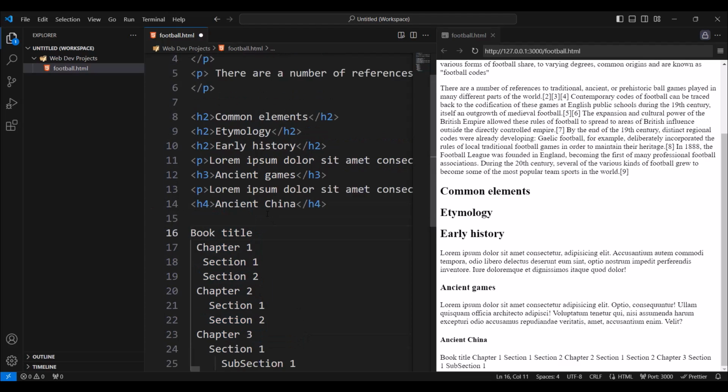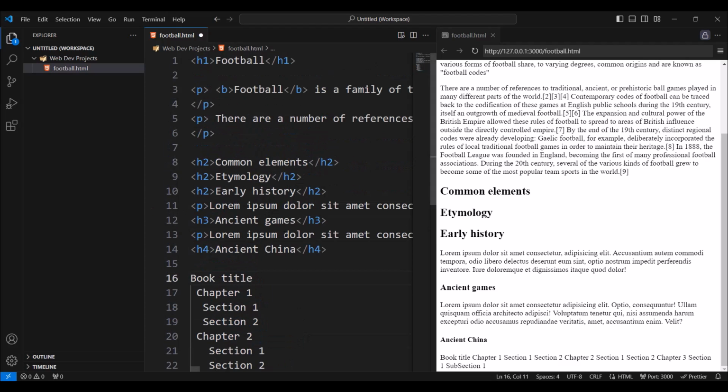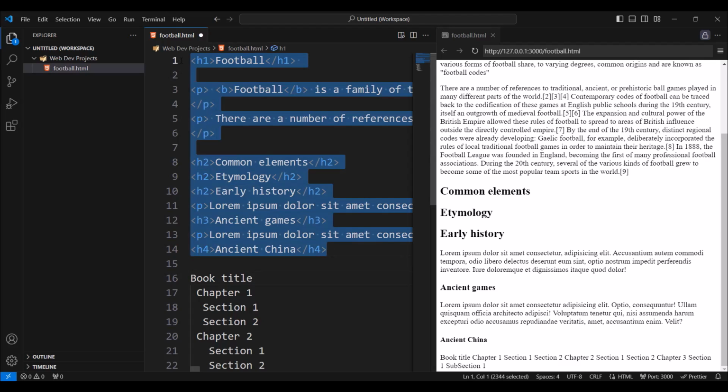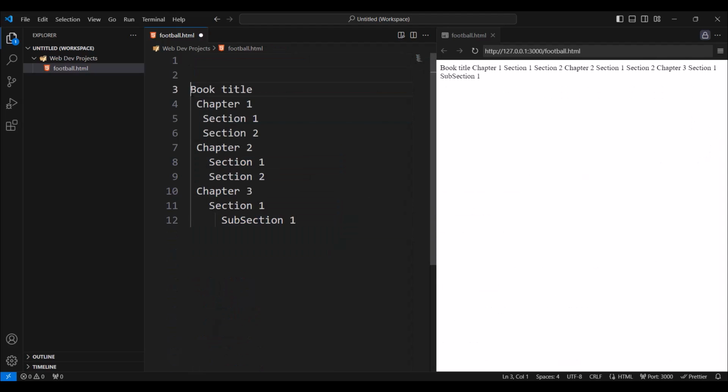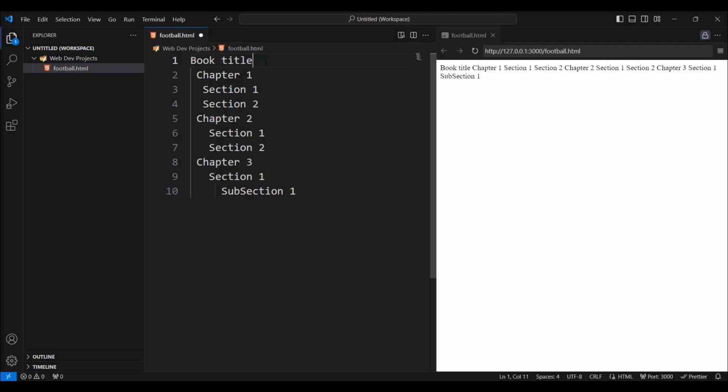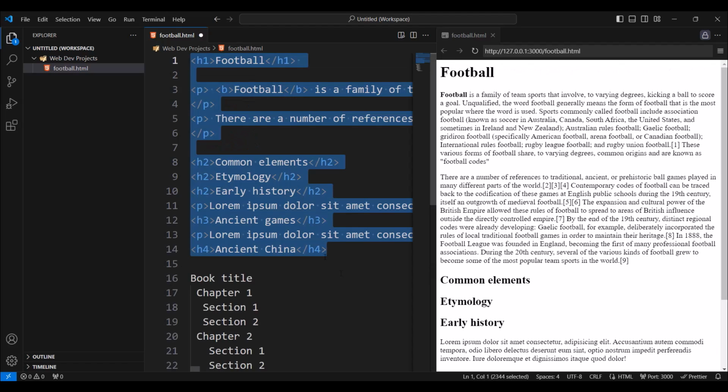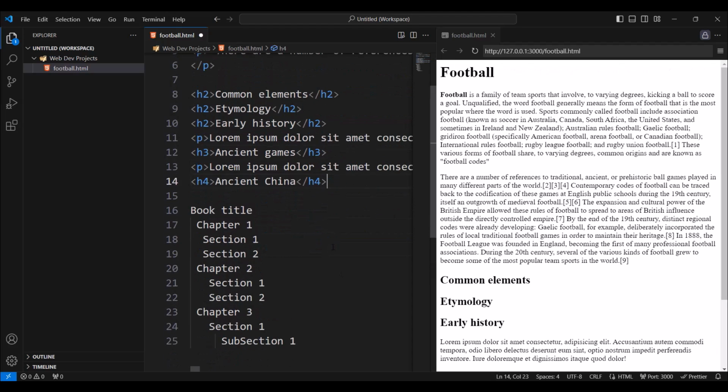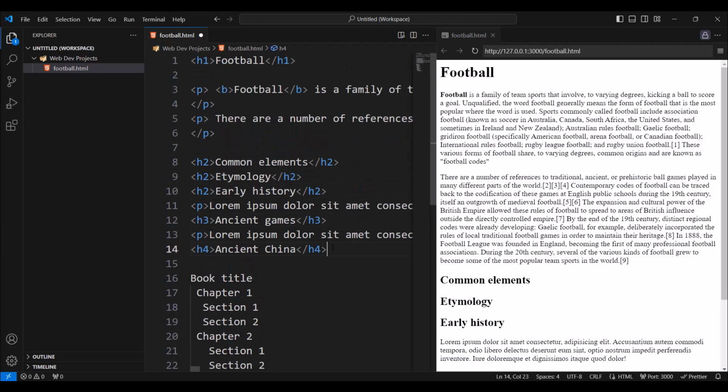So use the headings. And if for whatever reason the code that we have here is making the challenge confusing, just copy the code, delete it, and try to solve this challenge here. And after you finish, you can put that code back by pressing Ctrl+Z on Windows. Alright, this is the challenge. I'm gonna end this video here, and I'm gonna show you the solution to the challenge in the next video.